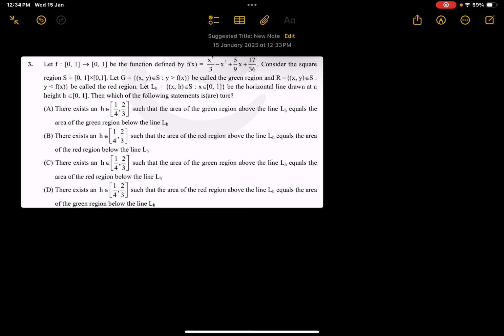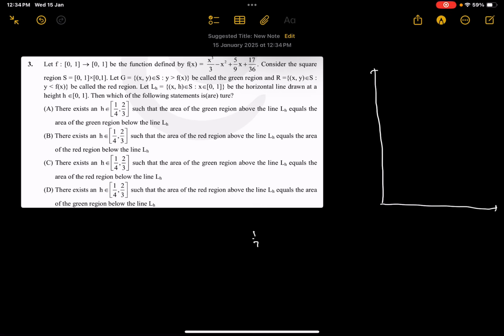So the third question is from area under the curves. Let's start with plotting the curve. We have been given f(x) is a cubic, and at x equals 0 it's 17 by 36. At x equals 1